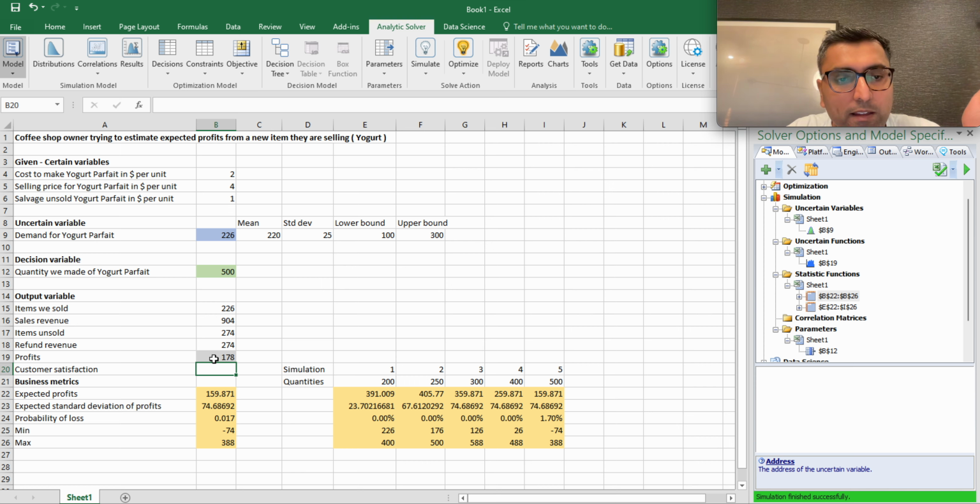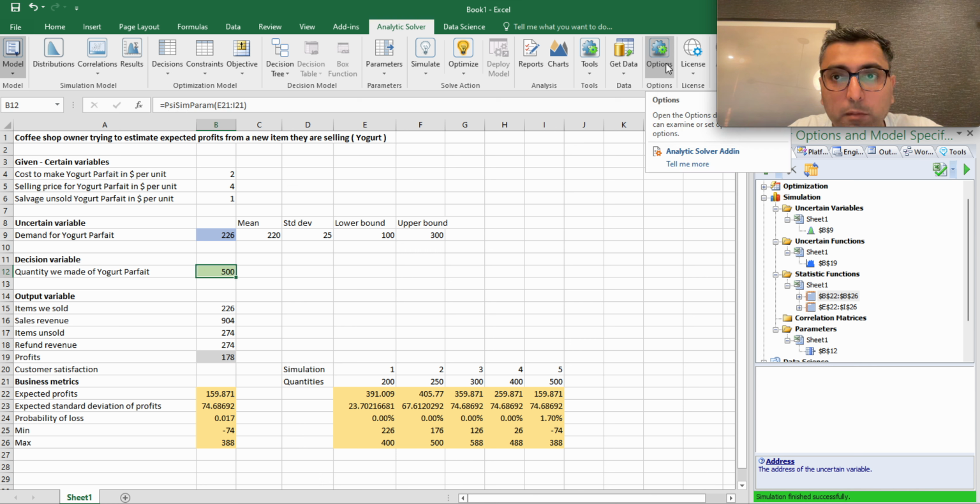So there could be so many things a business would care about. So those all will go here in the output variable of interest, and you can create and calculate multiple simulations using the simulation parameters, configuring the options to run multiple simulations,